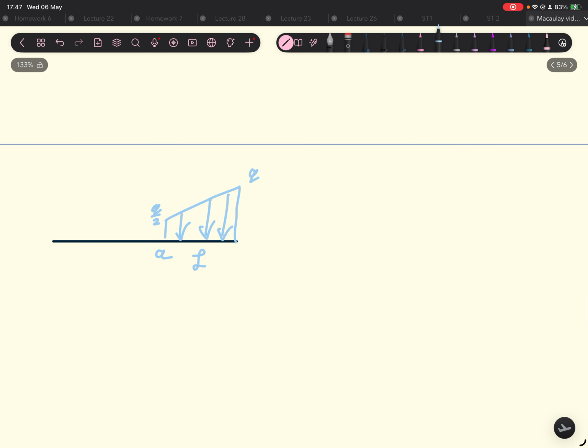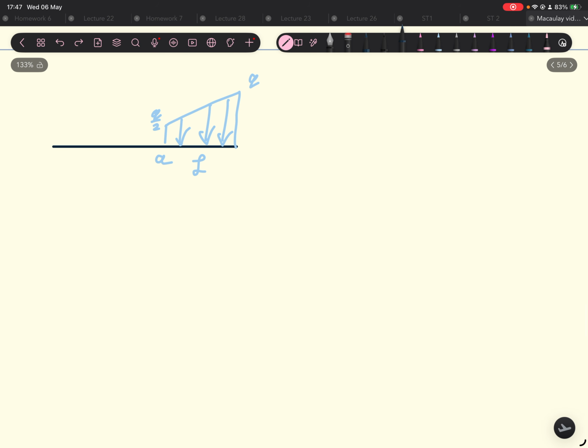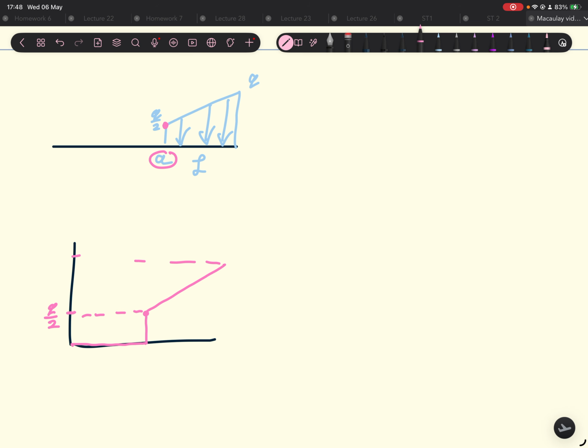So it's going to be off for this portion, and then all of a sudden at this portion it starts acting. So your graph would look something like this, where your distributed load is switched off. Then as soon as you get to point A, your distributed load has a value of Q over 2, right? So this value over here is Q over 2, and then it continues as a straight line up until you get to Q,